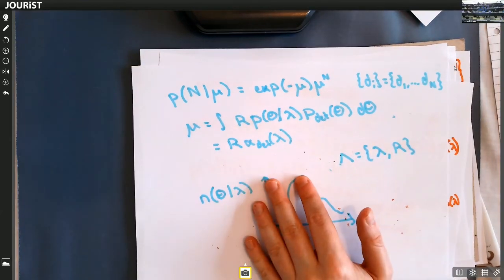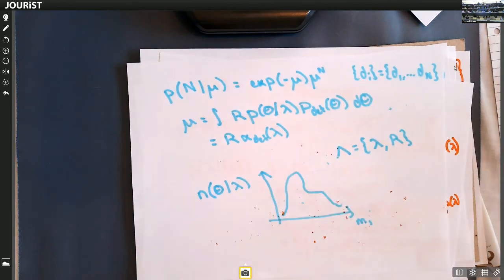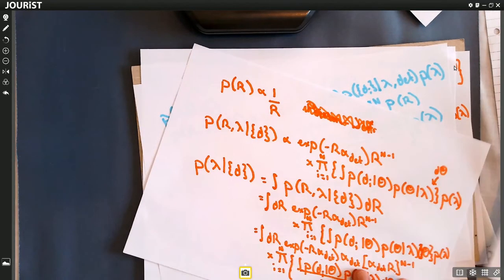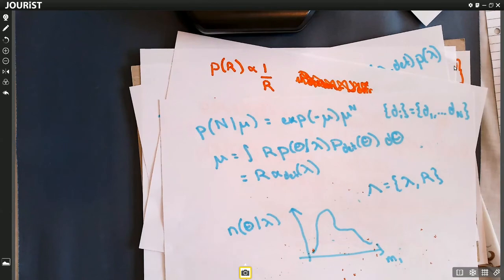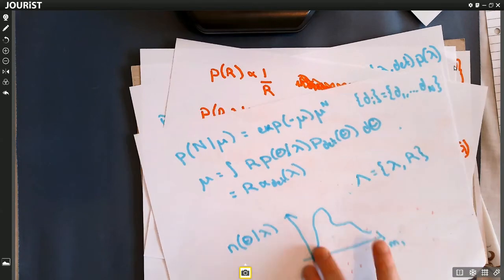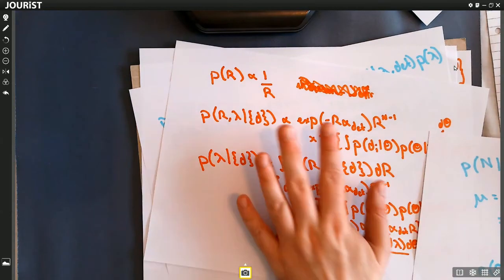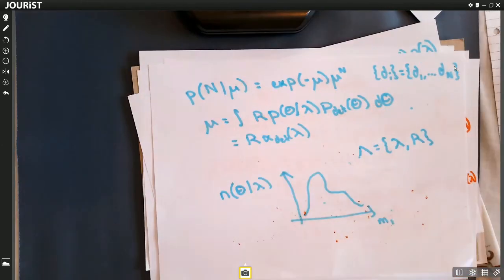I have a question. So what is the motivation behind choosing a log uniform prior for the rate parameter? Excellent question. So yes, why do we do this? There are two reasons for doing this. One is it makes this calculation a bit easier. It makes the marginalization quite simple, so we can get away with the mathematical trick of making our life a bit easier, gives us a nice functional form. That's one reason why we do it.